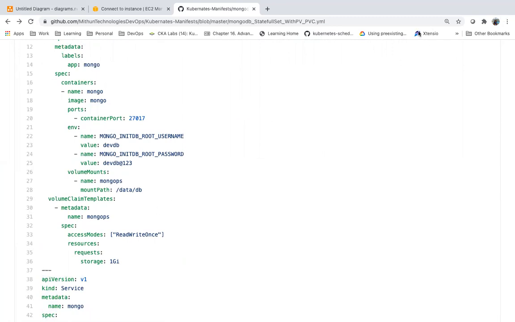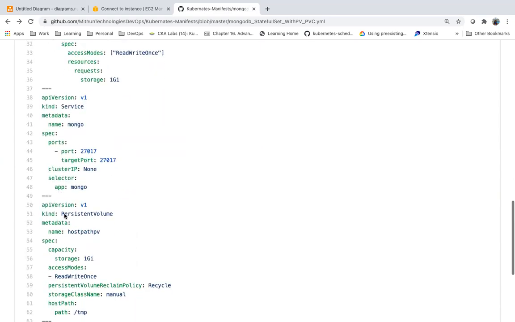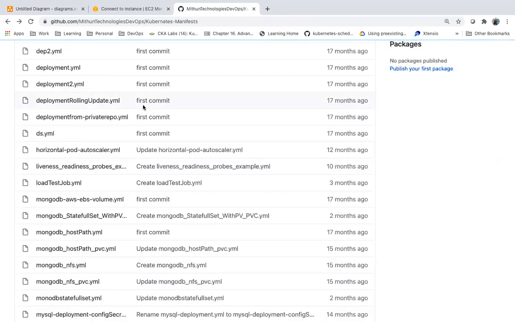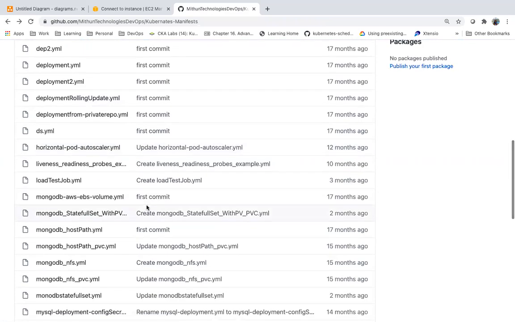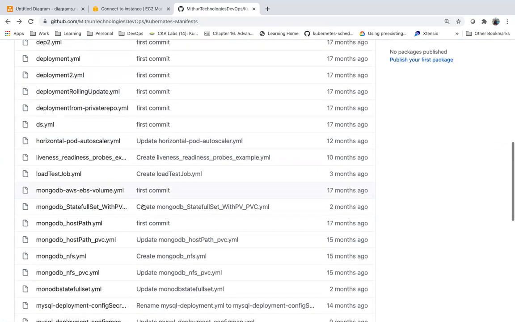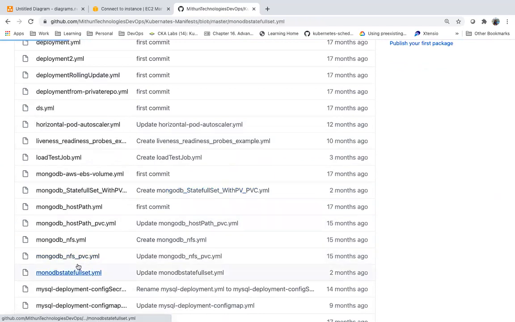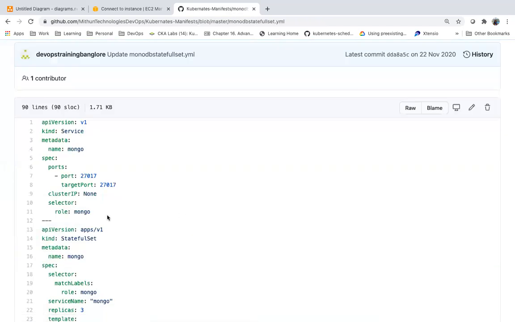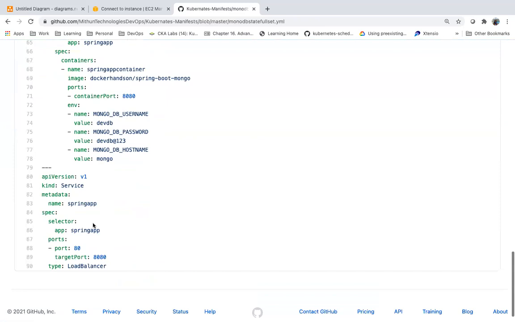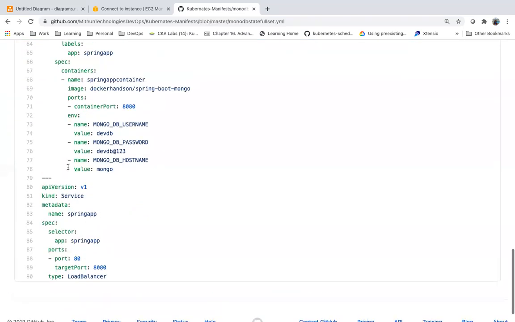is your stateful set going to be created, guys? In that case, you need to create the PV yourself manually. So I'm going to use, we have a storage class configured already, right? So we will use that. I'm not going to create the persistent volume claim or whatever it is.